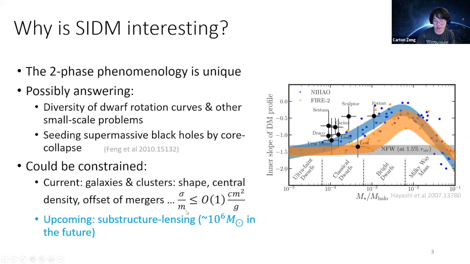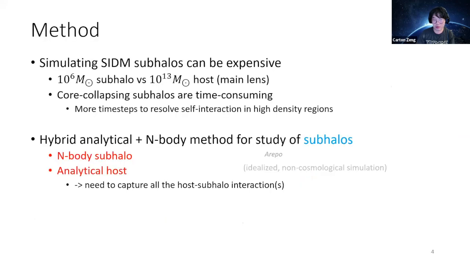But with upcoming substructure lensing surveys, we may also be able to put constraints on the low velocity and namely smaller subhalos in the near future. Okay, so about our work, we know that simulating SIDM subhalos can be expensive, first because simulating subhalos itself